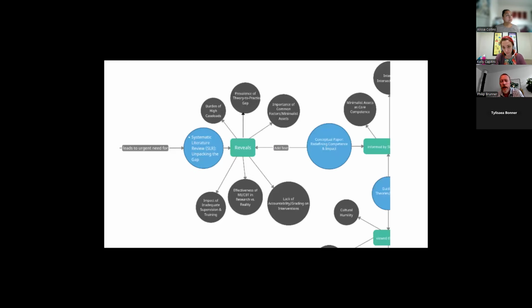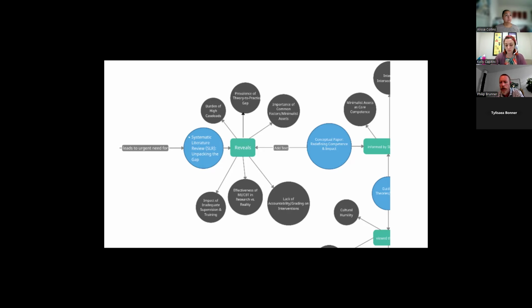My capstone journey began with a systematic literature review, or SLR, which aimed to comprehensively understand the factors influencing therapeutic effectiveness and intervention fidelity in substance use treatment within real world, resource constrained agency settings, with a distinct emphasis on common factors and therapist competency. My search strategies involved keywords like theory to practice gap, therapist competence, intervention fidelity, substance use treatment, resource constraints, constrained settings, common factors, and implementation science.